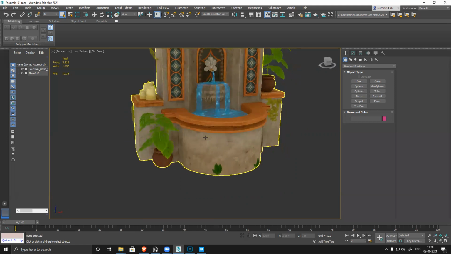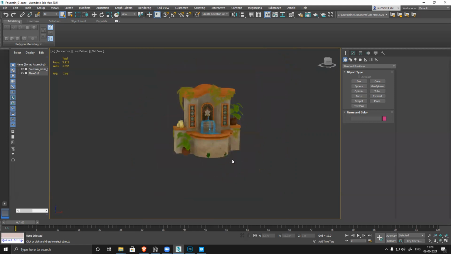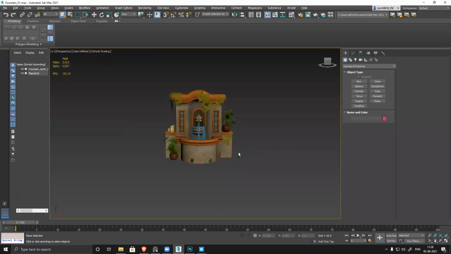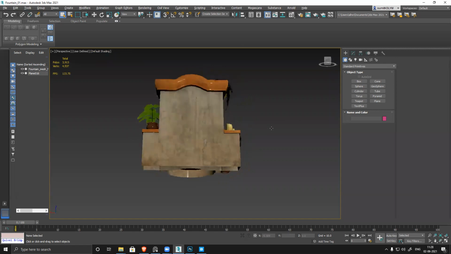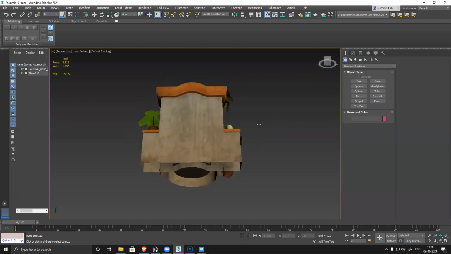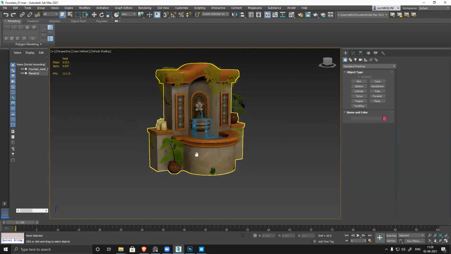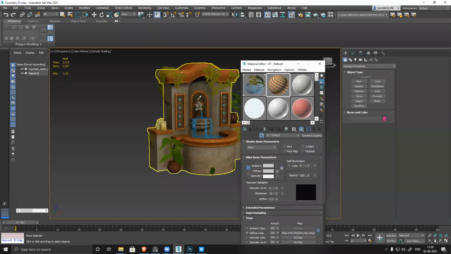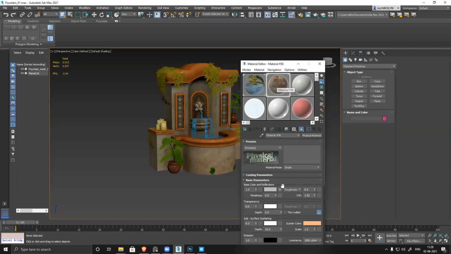So this is just a diffuse map. If I go and check it, you can see I'm using a flat color version. If I use a default version, everything is super shiny, glossy. It should not be like this. We already have a normal, so let's see. So pick this thing. This is my map.